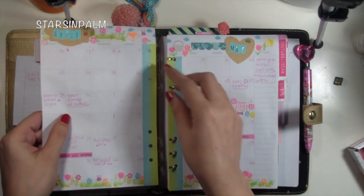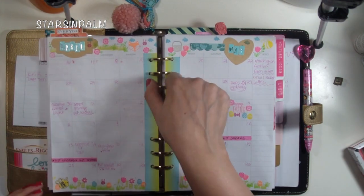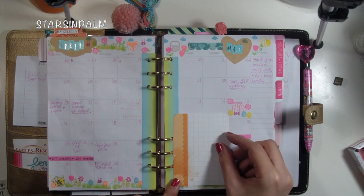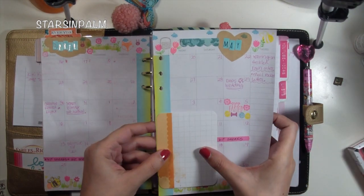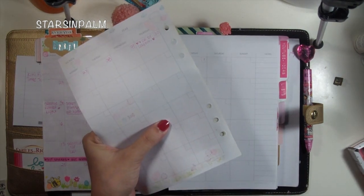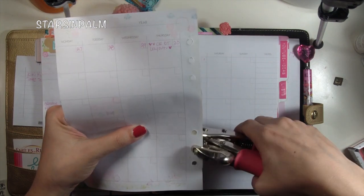And basically, these pages are done. The only thing I'm going to add is a little insert in the middle. I wasn't sure at first what I wanted to add. You guys saw for my last Valentine's one that I did a little plastic insert. I was tempted to do that again, but I decided to go a little simpler and just add a project life card. So I lined that up with my pages and then used that as a guide